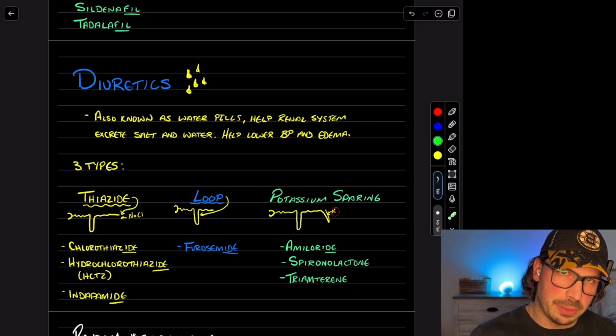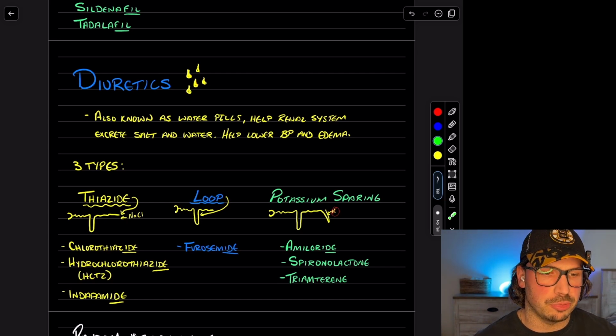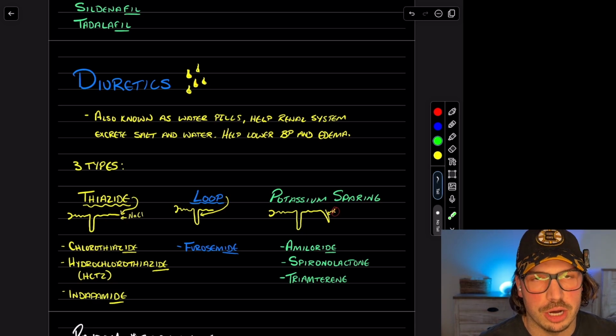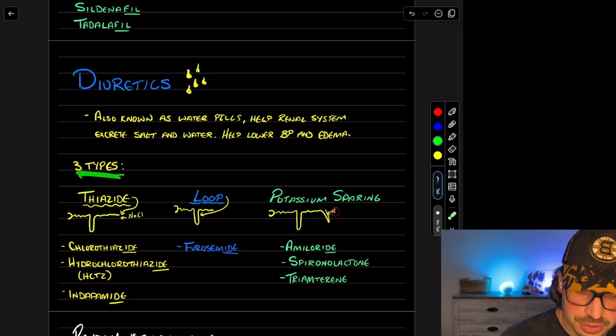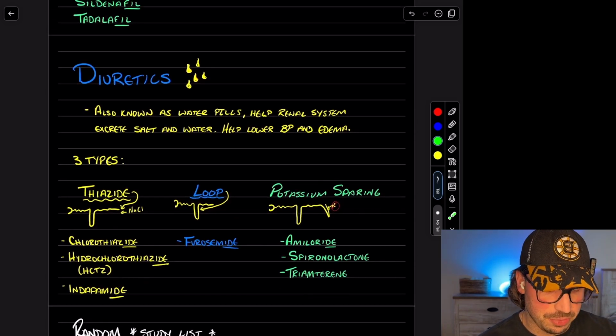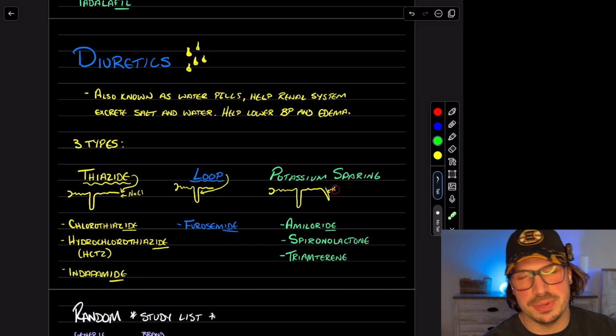They're going to help lower blood pressure, and they're also going to lower edema. So if somebody has pitting edema or peripheral edema, they usually prescribe a diuretic to help get that salt and get the water out of their extremities. There's 3 types of diuretics. Well, there's probably more than 3, but the 3 main ones that I've seen are what's called thiazides, loop, and